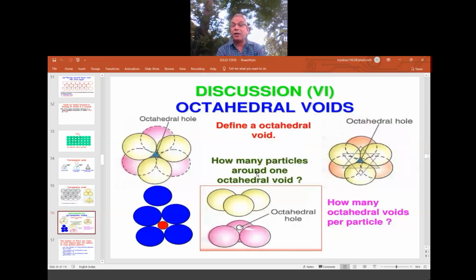Right. Now octahedral voids. Octahedral voids are created with the help of three above, three below, but you see the arrangement, facing towards me, facing away from me. This is the hole, because on this void I am fixing this. Like this, you see here. If you don't fix here, the size of the void is bigger.